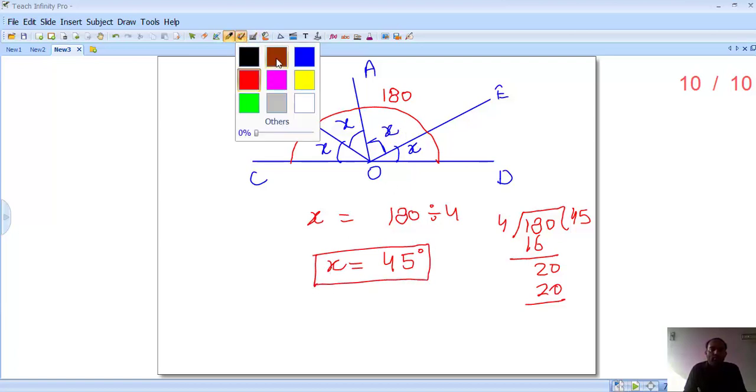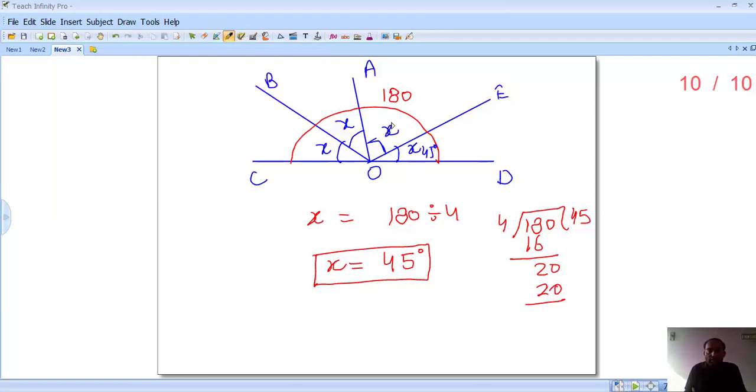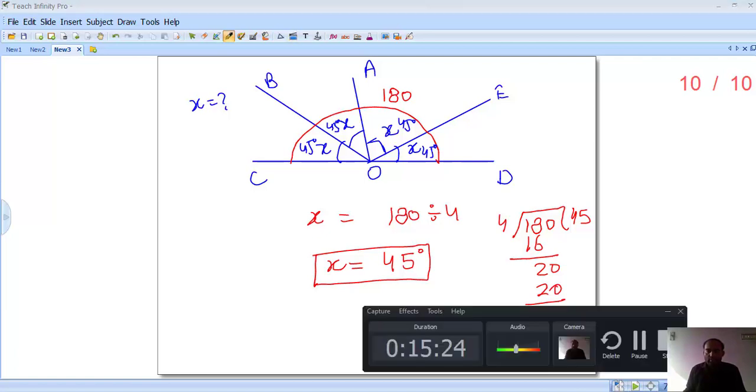So this one is 45 degrees, this one is 45 degrees, this one is 45 degrees, and this one is also 45 degrees. Okay, now you got the value of x. Now this class is over. Let's meet you in the